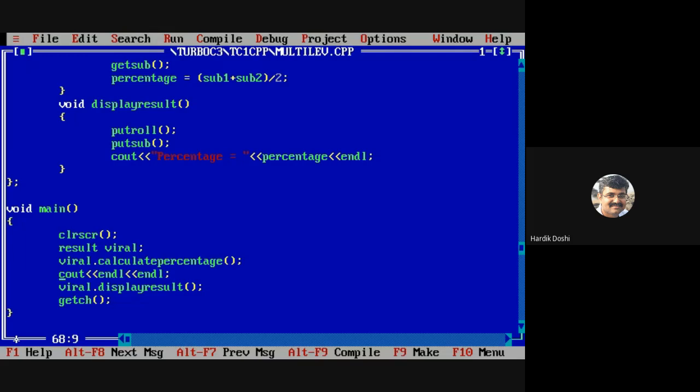Say for example, student class, test class, and result class. Now in future, say for example, student class was developed by Will. Result class is developed by, let's say, Janish.